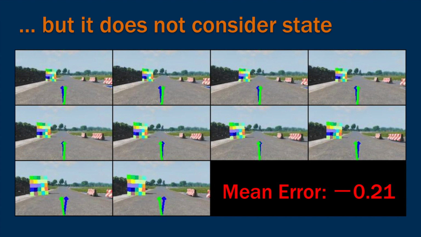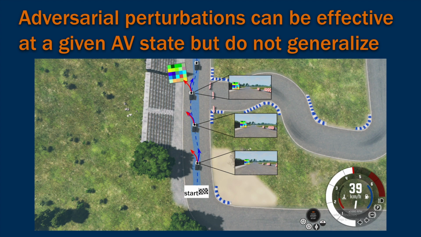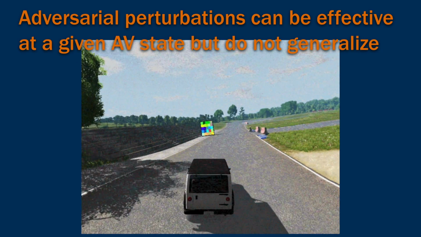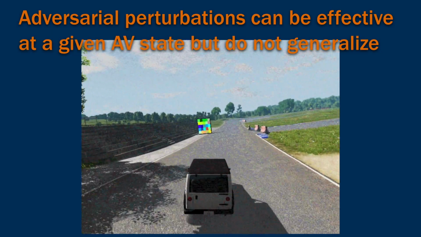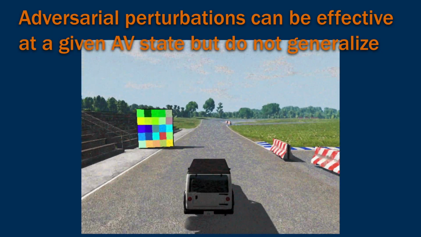Deep Billboard, for example, calculates a patch attack from a set of static images. The patch is optimized well for these images, which are all taken from standard driving. In this image, the blue shaded area shows the part of the track where Deep Billboard collected the images used to generate the perturbation. As you can see, as the car state, position and orientation, drifts in and out of this blue area, the images drift out of distribution for those for which the perturbation was optimized. This leads to a reduction in perturbation strength and minimal change to the actual driving behavior of the car when the perturbation is deployed under test.